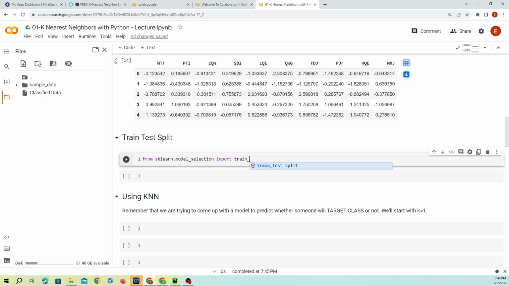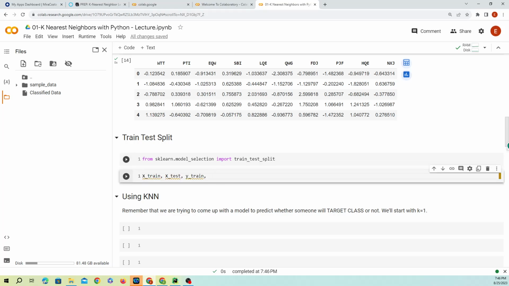Remember, we have the X capitalized and the y lowercase because the X contains multiple features, multiple columns, and the y only contains one. y_test equals train_test_split. We're going to use scale features